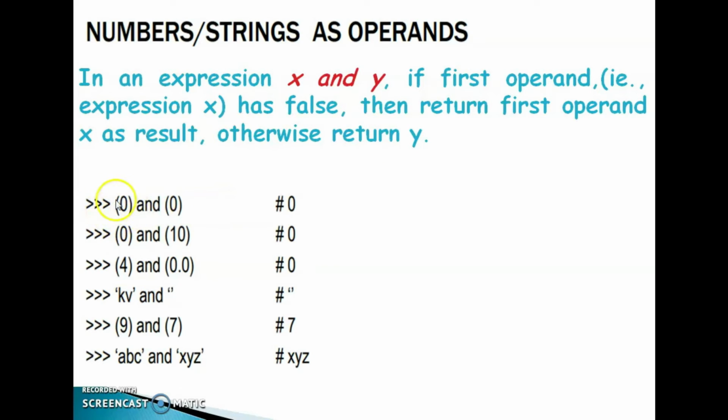The first operand is false, so it will return the first operand itself. So the answer is 0. 0 and 10, the answer is 0. 4 and 0, the answer is 0. KV and null string, so it will return the null string. 9 and 7, 7. ABC and XYZ, XYZ. Okay, clear this one?